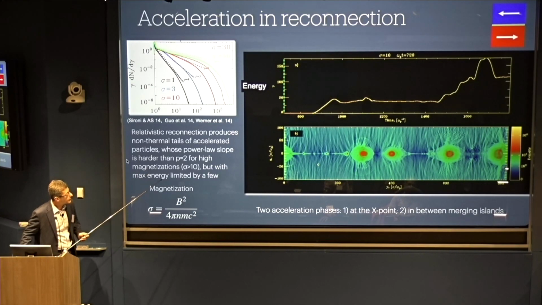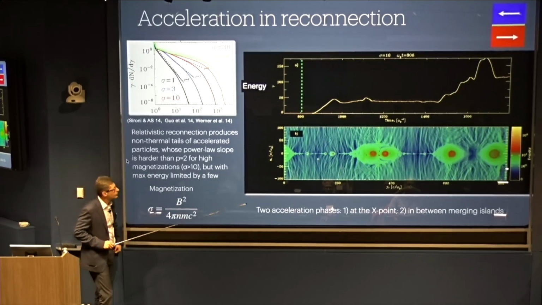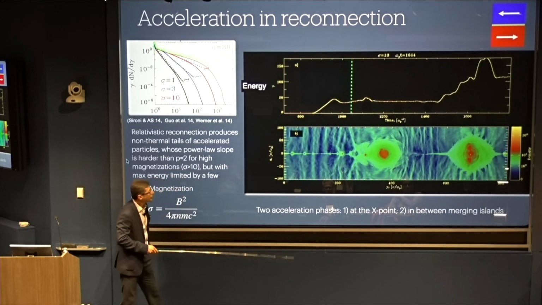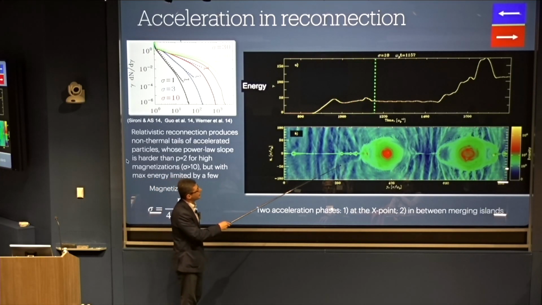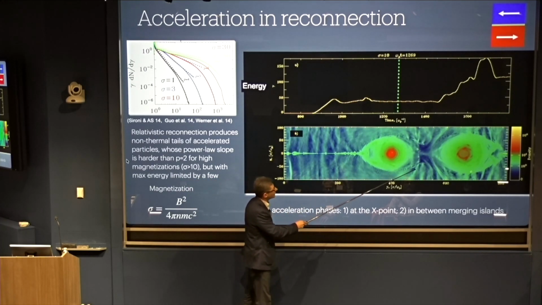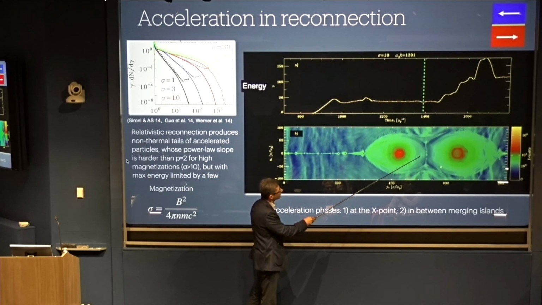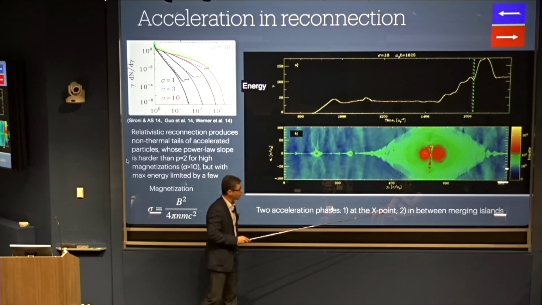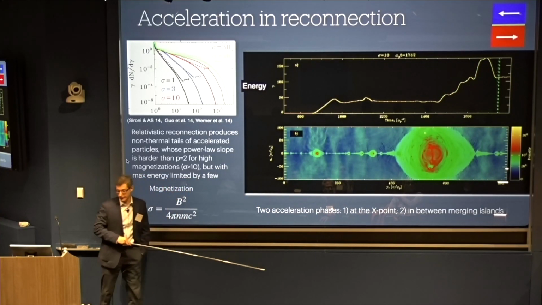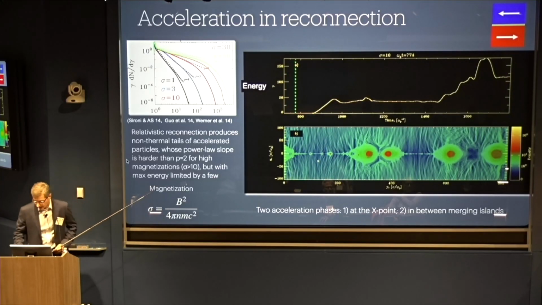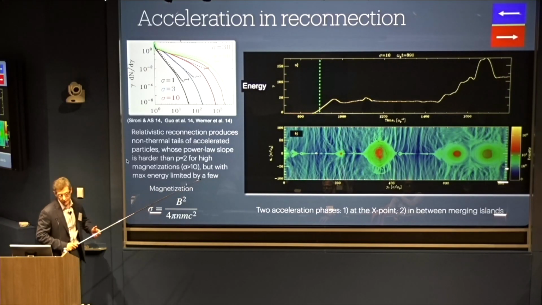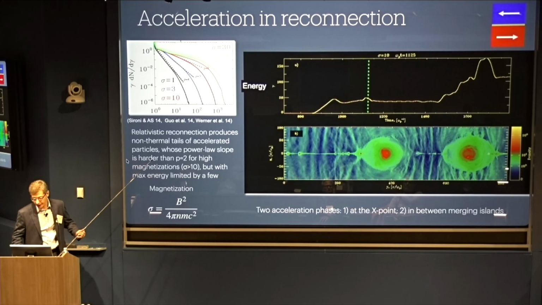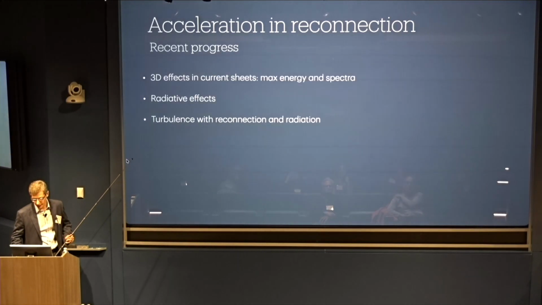The idea for acceleration was shown in this movie by Lorenzo. A particle gets in, gets a kick at the X point, and that's its initial energy. Then the rest of the acceleration is gathered when the particle gets stuck between the plasmoids and gains energy from bouncing around between converging plasmoids and also in the contracting plasmoids. That leads to particle acceleration in distinct stages, and that has been explained quite nicely in the literature.